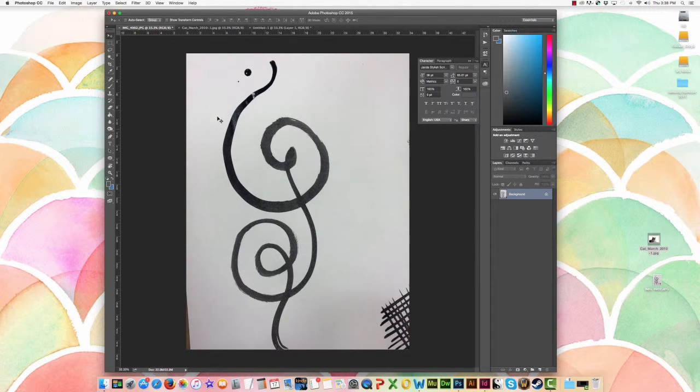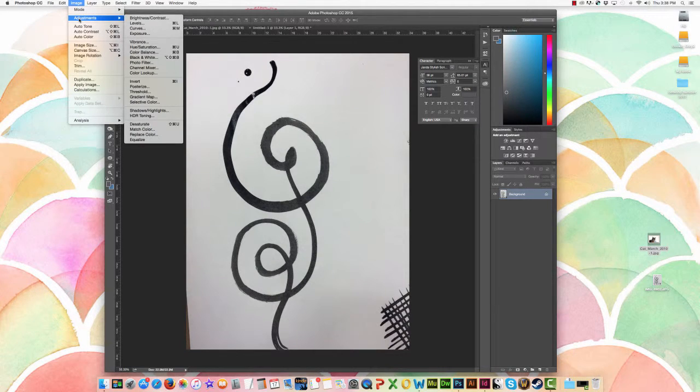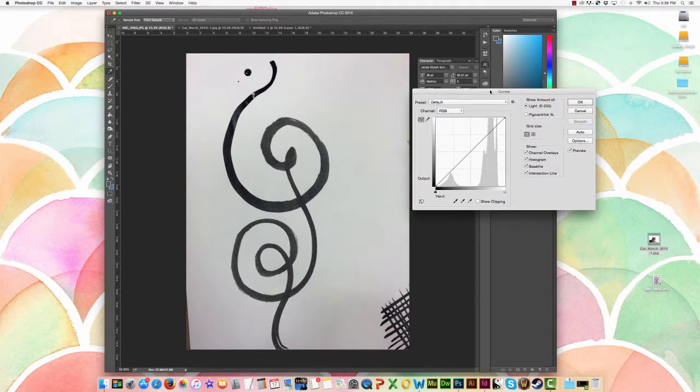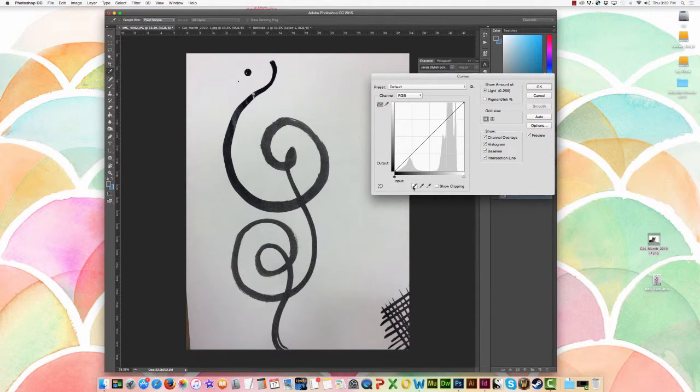Go into the ink splotch. I'm going to go ahead and go to Apple M, which is also Image, Adjust, Curves, right there, Apple M. And this is going to bring up our window that we were talking about. And remember, we had the eyedroppers for finding the lightest, the whitest point, the darkest point, and our mid-tone, our gray range. For this, since this is going to be extremes, we're going to go with darkest and we're going to go with lightest. So let's click on the white eyedropper and just click in the background